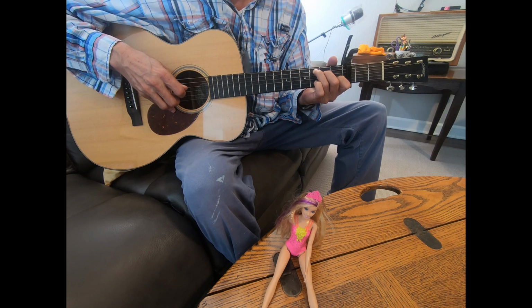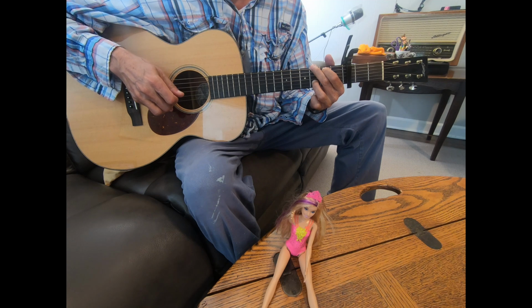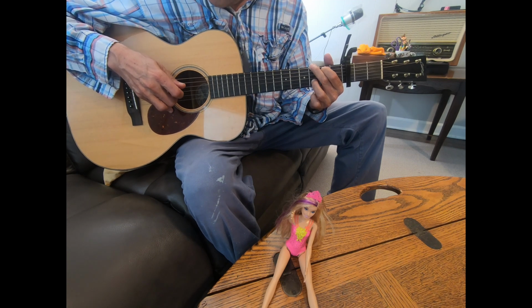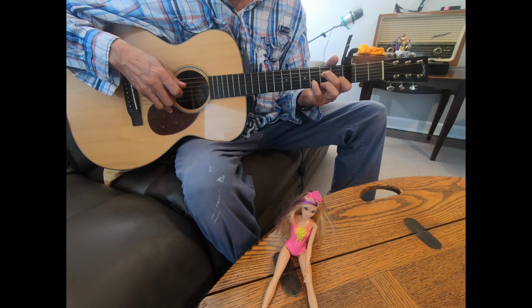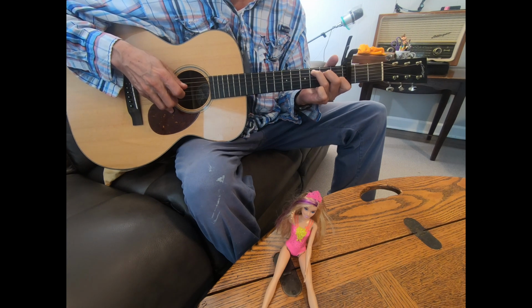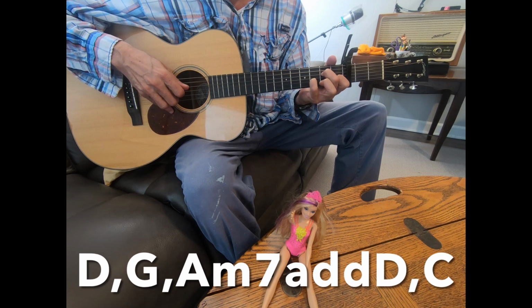Those 4 chords are a D, hitting a D as your melody on the 2nd string, a G chord hitting the G note on the 3rd string, open, and then you go to an A minor 7th, but you're hitting the D note as your melody, and then you go to a C chord, hitting the E note as your melody. So those 4 chords are